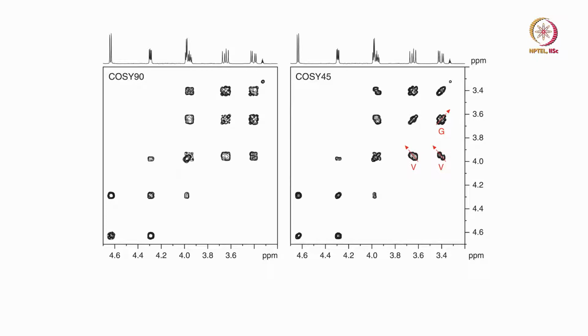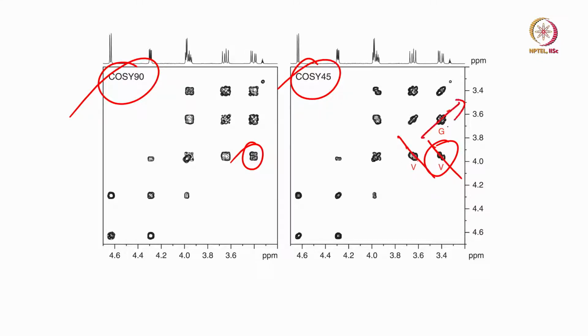Look at this simple spectrum of some molecule, you do not have to worry. This is the conventional COSY-90, this is COSY-45. Look at this region of cross peaks. Some peaks are missing. Nevertheless, you see this appears tilted here, whereas this appears tilted the other way. It gives us some information about the sign of the coupling. The direction in which it is tilted, that means this slope is negative, this slope is positive. I can say the couplings for this and this are opposite in sign. So we can get the relative sign. Of course, I am not talking about the absolute sign, you cannot get it, but the relative sign of the coupling can be easily obtained.